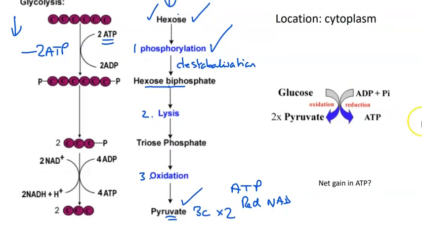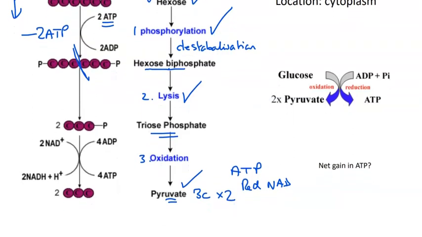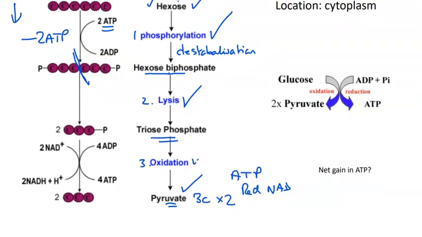Stage 2, as you can see, involves an enzyme splitting the hexose into 2 3-carbon sugar triose phosphates. And this process is called lysis, but as you can see from the diagram, there is no ATP or coenzyme reduction at this stage. Stage 3 is called oxidation, and as per the definition, energy will be released from this triose phosphate